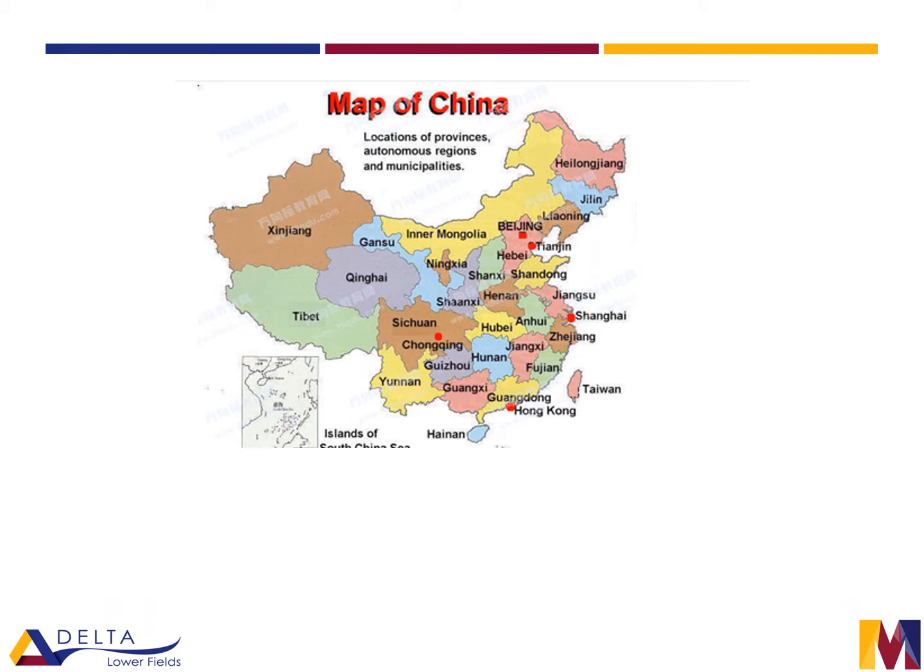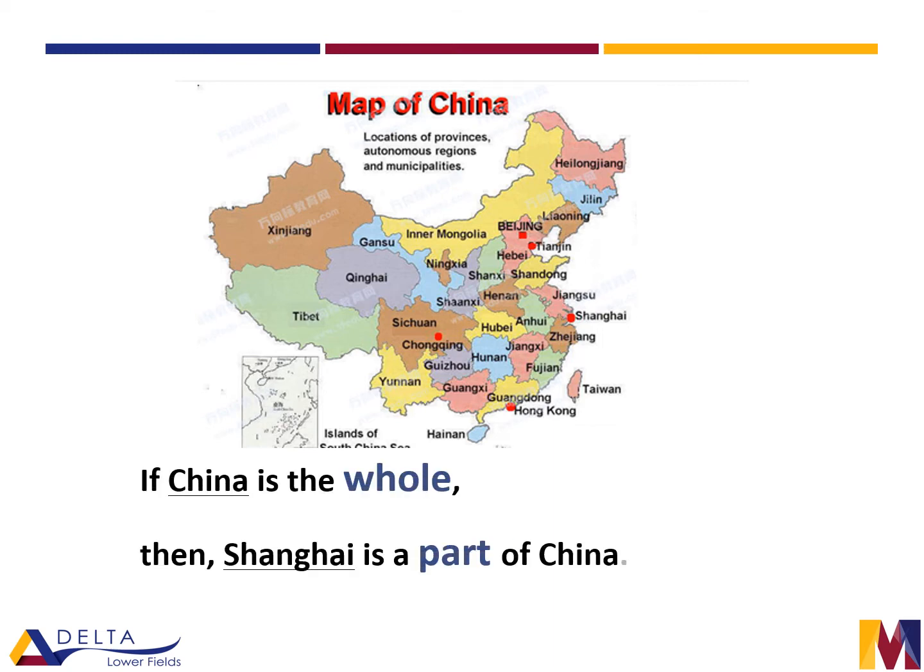It's a common denominator. So here we've got an example. It's a really common example you'll come across if you go on various mastery training courses. Here's a map of China. We can think of it as, here's the whole country of China. If China is the whole, Shanghai is a part of the whole, and we can look at the idea of